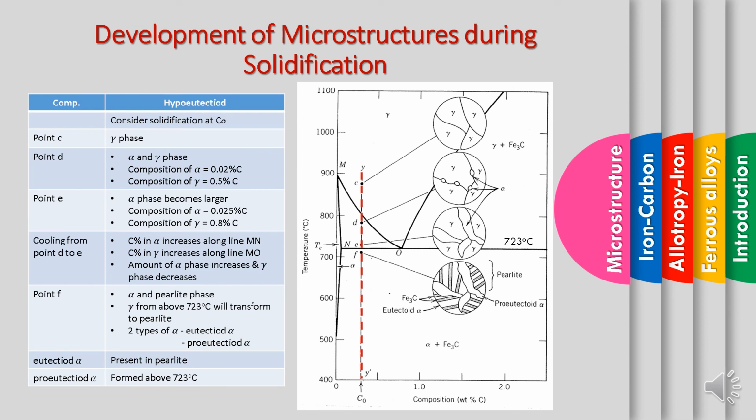And if you want to look at the hypoeutectoid, which is in this red dash line here, you can see different points C, D, E, F. So along the way we have the gamma phase at point C, the same as the previous slide, and then one is across at this region, whereby the existing of alpha and